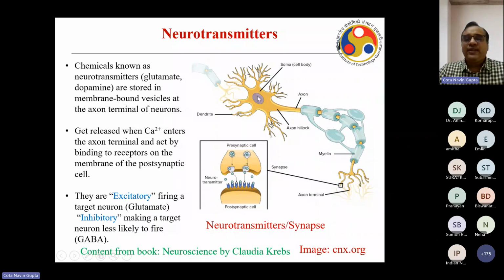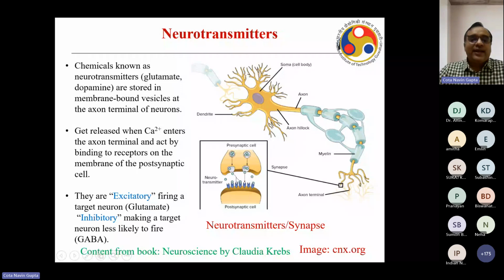So just to show you the concept of neurotransmitters. This is one single neuron, and these are the axon terminal endings, and this is another neuron. You can see this one. So this is going to be another neuron. Chemicals known as neurotransmitters, you can see these are bound in membrane-bound vesicles. These can be found in the axon terminals of, let's say, neuron number 1. They are released when Ca2+ enters, and these